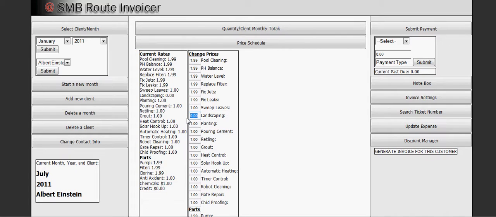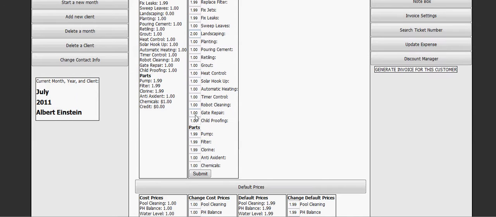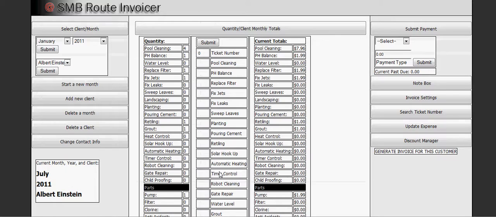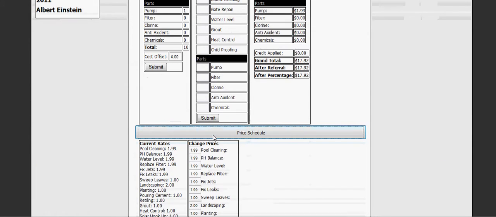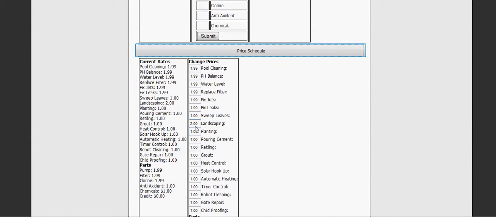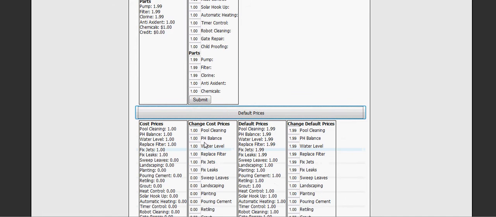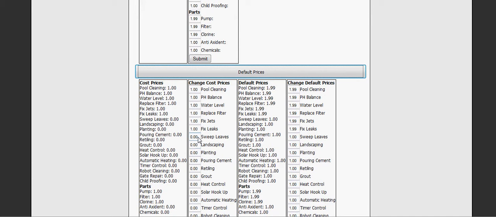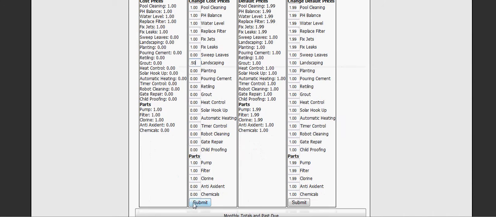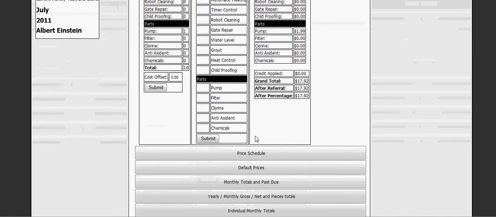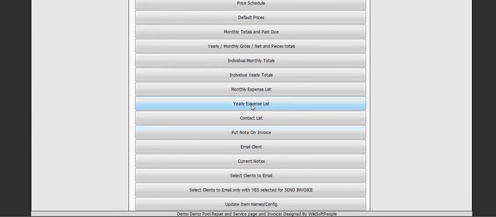So if I wanted to give landscaping a price, I would just put in $2 here, and I would submit that. And when I come back, now for my landscaping, it's going to cost $2 for him to do that landscaping. So also I can change my cost price. So I'm going to say, okay, well, I charged him $2, but it only cost me 50 cents to do my landscaping. Now all of this is reflected in my totals here